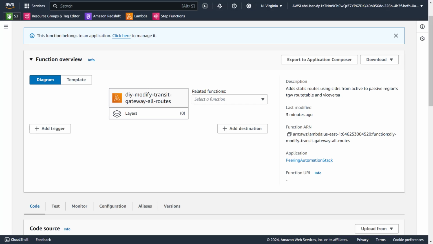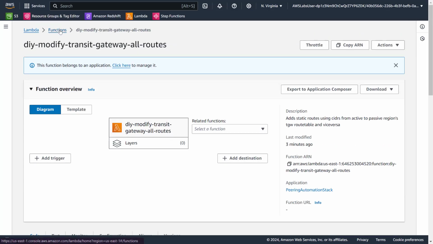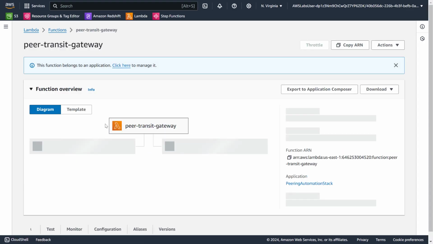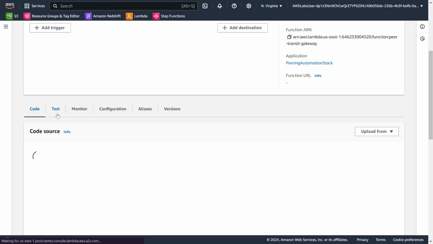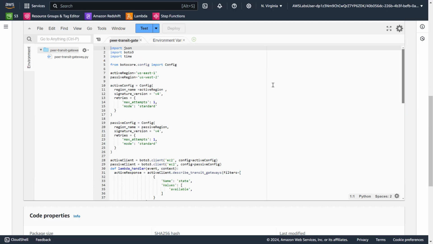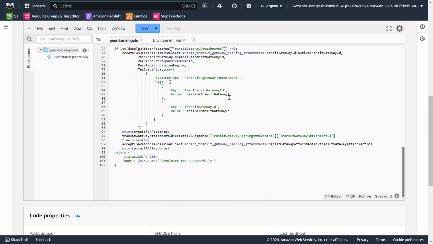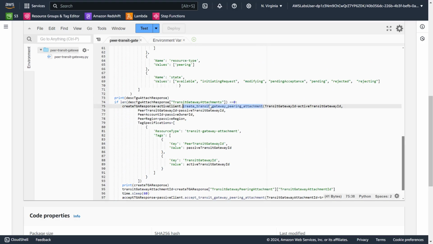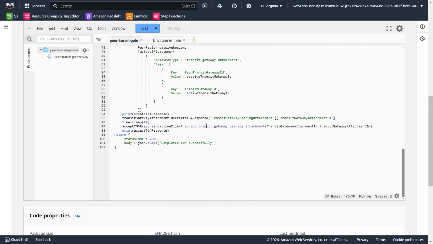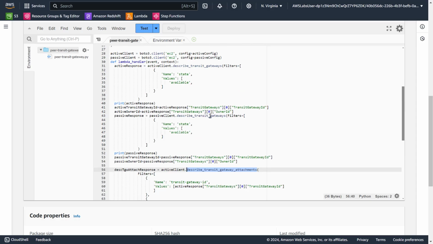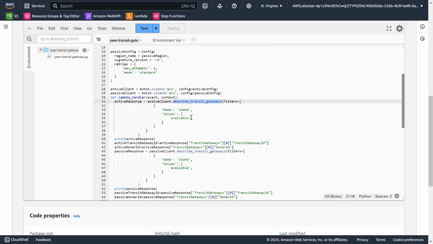Okay, so this is what this is for the DIY. I don't know why we are even looking at the DIY one, but okay, these are the four. Something similar it is doing again, active response it is getting pretty much. It is using the create transit gateway peering attachment to create that, accept to accept, describe to describe. I think these are the functions: describe transit gateways, transit gateway attachments, transit gateway. So as you can see, it is using these functions